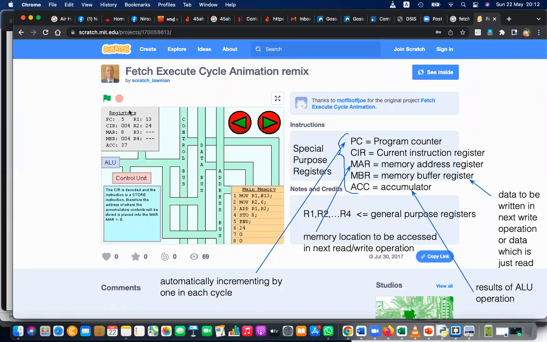So now you can see the PC is 5, but 8 will be copied. Why? You need to store in 8. So the next write operation will happen in 8. It will go and check through the address bus whether 8 is available. Yes. The data bus sends the data and the control bus confirms, please write it. And you can see the address number 8 is updated with 37, which is the answer. Finally,